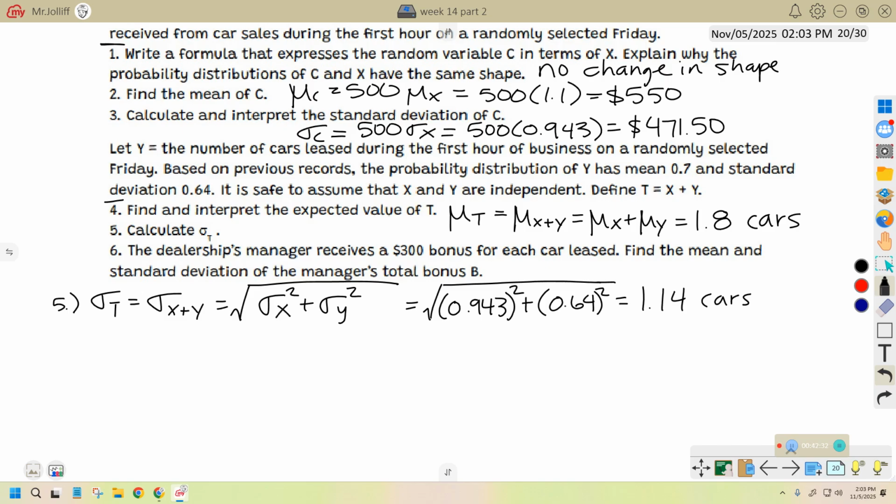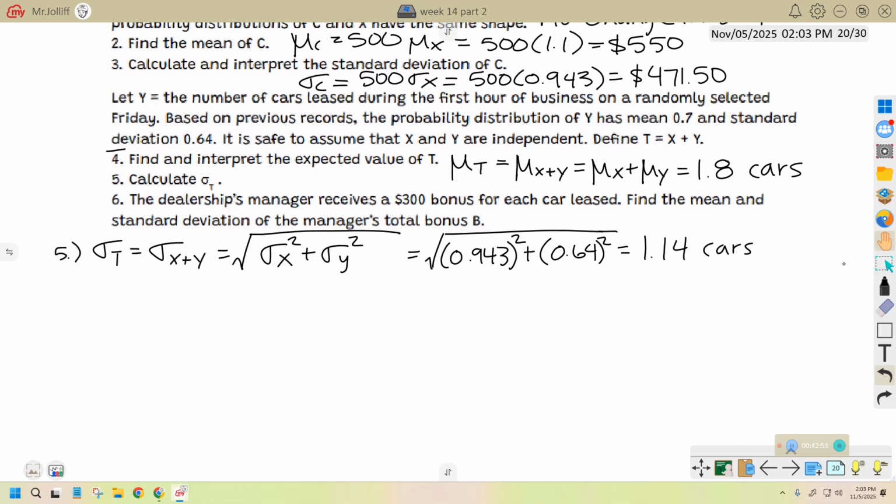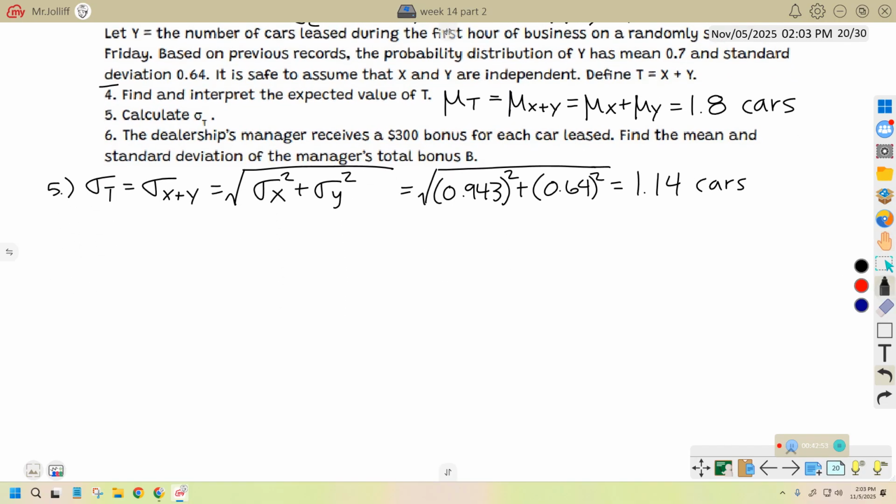Last question. Dealership's manager receives a $300 bonus for each car leased. Find the mean and standard deviation of the manager's total bonus B. Total bonus B. So